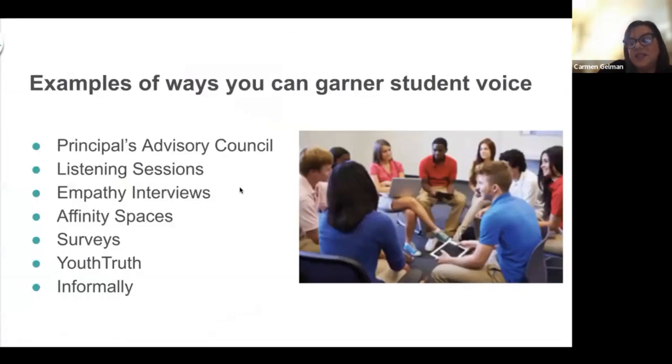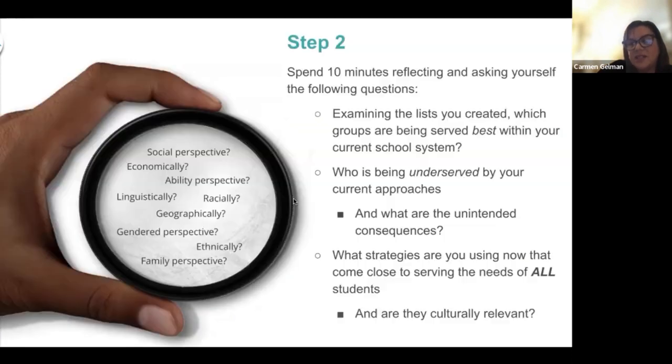A lot of folks, when they do that activity, are like, oh my gosh, we are leaving out so many kids. They want to include all kids, but they're not thinking about how to do that in a different way. So this is very intentional, and I think gets to the heart